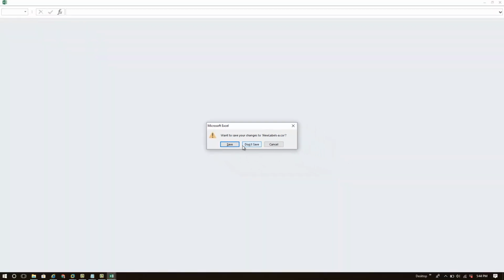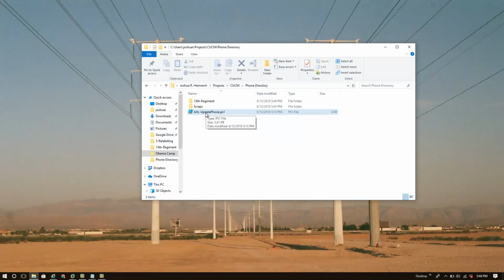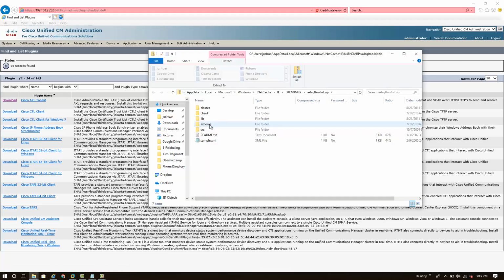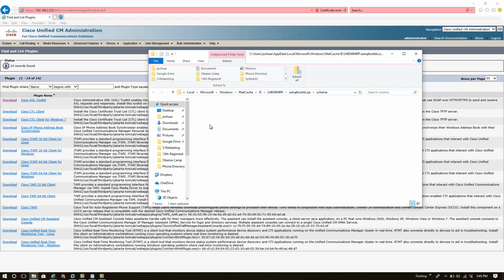Yes. Now the next thing we have is a PowerShell script that'll use Axl and SOAP to take everything from that CSV file and update the call manager. Now in order for this to work, I'm going to have to jump back to the call manager and download this AXL toolkit, same thing we did for the server, in order to get the necessary files for the script to operate. And when I get that open, I go under Schema,